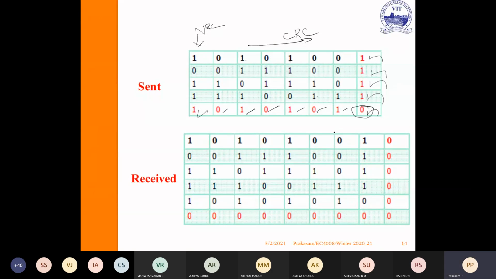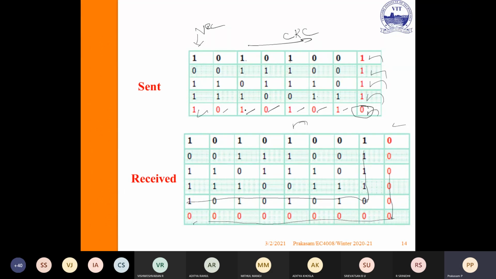On the receiving side, it cross checks. The entire thing is received. It cross checks: 1, 1, 1, so 0. If you get all these as 0, that means we received without any error. It simply discards the last row and last column as parity and receives the information. So how can you fix the position of the error?